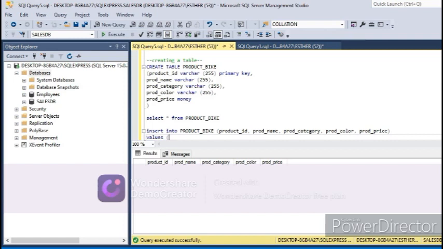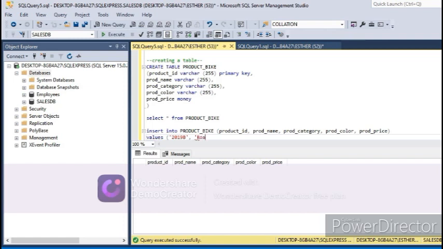And remember, our product ID is varchar, so we have to use the quote. Our product ID here will start with 2019 B, that depends on your products. 2019 B, that's our product ID,